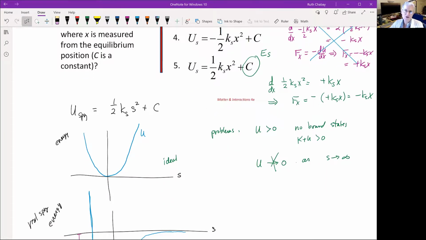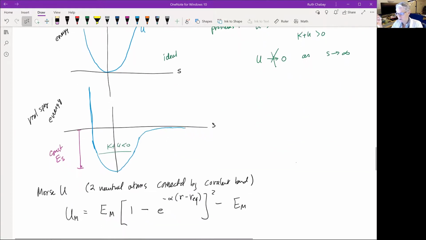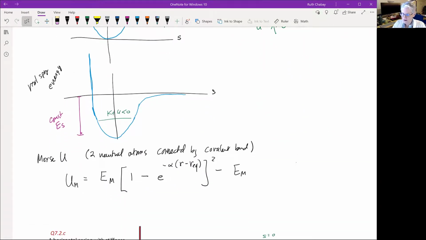Okay, an integration constant can be a negative number, right? We know it has to be negative because the potential energy needs to be less than 0 for a bound system, so that kinetic plus potential energy is less than 0. So this E spring ES constant is this negative number,